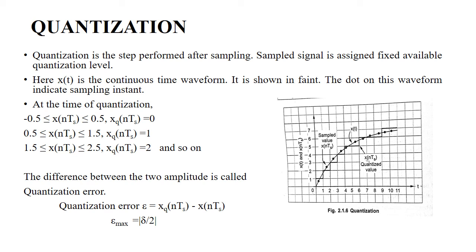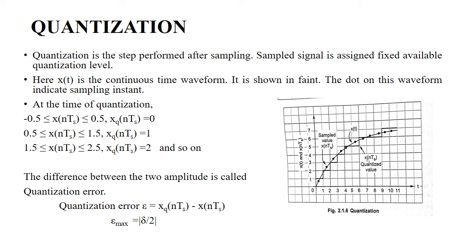There are infinite amplitude levels between the values. So for the purpose of digitization, only limited amplitude levels are available. These levels are 0 volt, 1 volt, 2 volt, etc., up to 6 volt and 7 volt. So these are only 8 amplitude levels. These can be encoded by 3 bits. That is, for 0 we give 000, for 1 001, for 2 010, and like that for 6 we use 110, and for 7 we use 111. All these levels are known as the quantization levels.